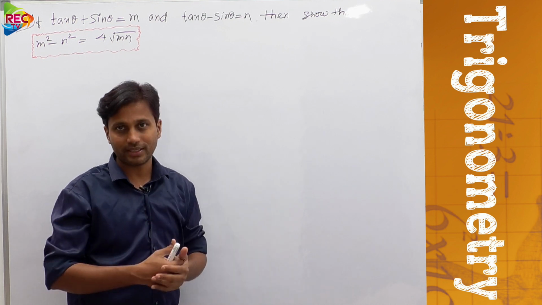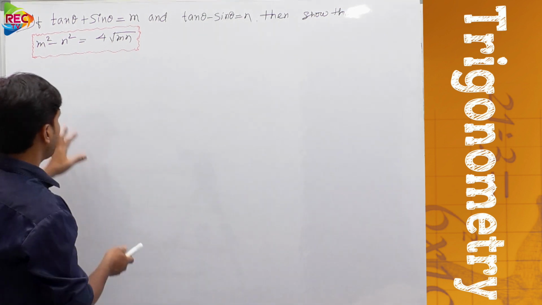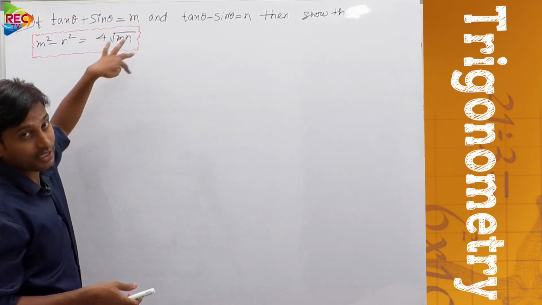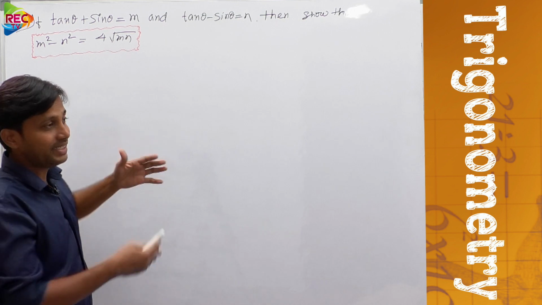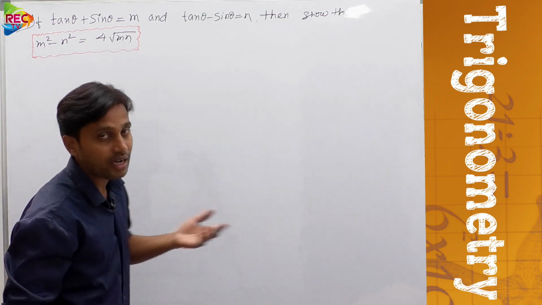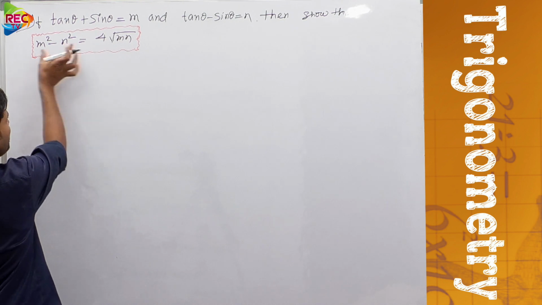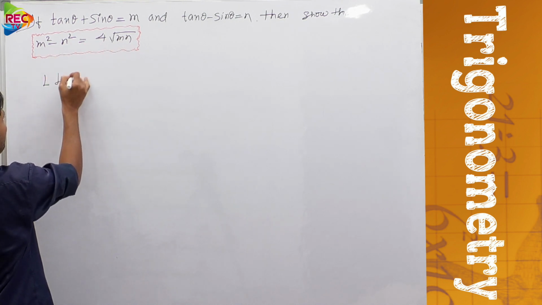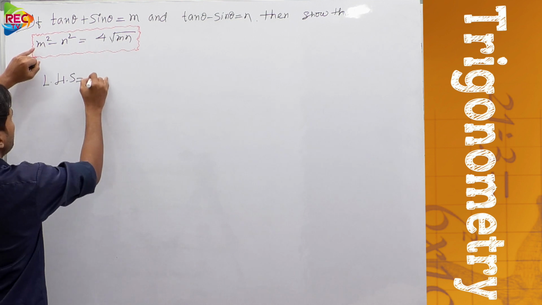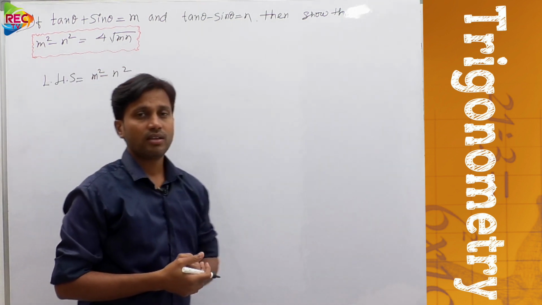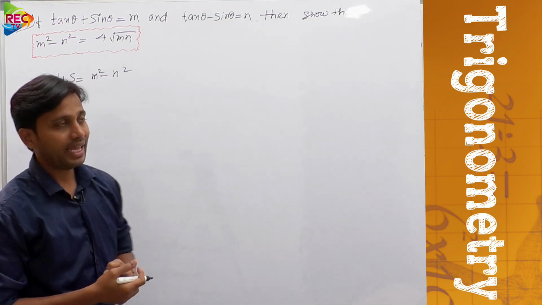That is the normal method. But here I want to take the LHS part and I want to prove the RHS part. In that way only I want to do it. Just see how to do. See, I want to take the LHS part. We need to show this equal to this. Now, what is the LHS then? m square minus n square. m square minus n square is your LHS.